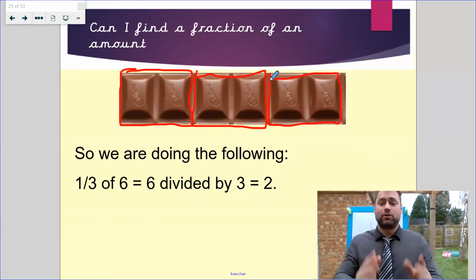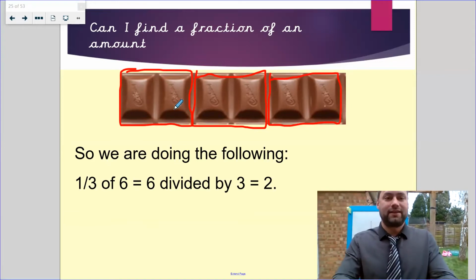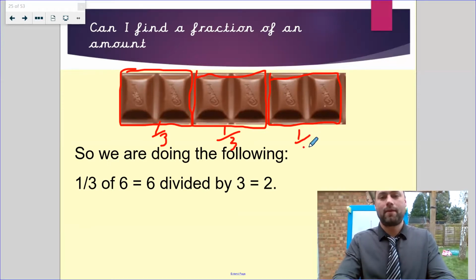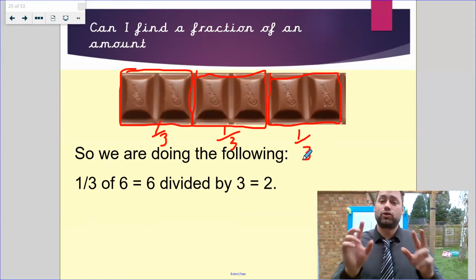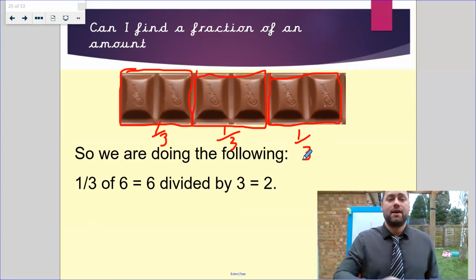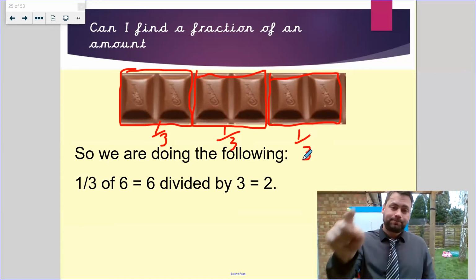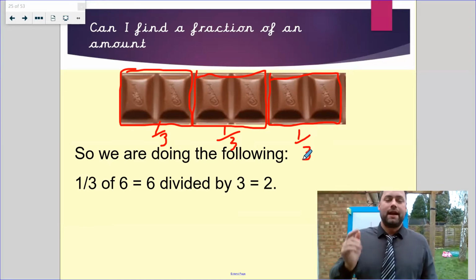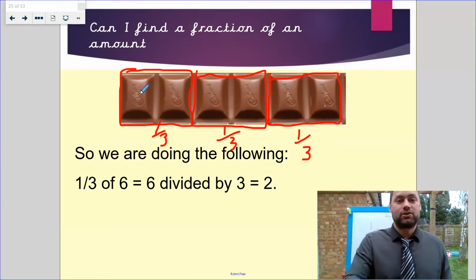So now I have to split my chocolate bar into thirds. This is 1/3. This is another third. And that's another third there as well. Okay, because there are 2 parts in each of these. So now I know that a third of 6 is equal to 2, because in my chocolate bar that I